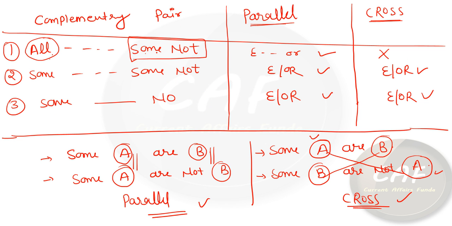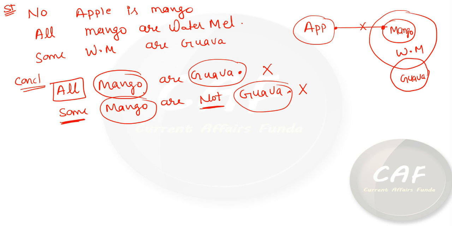All and some not will make an either or relation, will make a complementary pair in such cases only if they are in parallel. If they are in cross, they will never make an either or relation. Fine. So we need to check whether they are parallel or cross. Now let's see. Mango, just below the mango, that is another subject here. Then just below the guava, this is guava here. So we will see this is the parallel case here. Fine. So it will make an either or relation